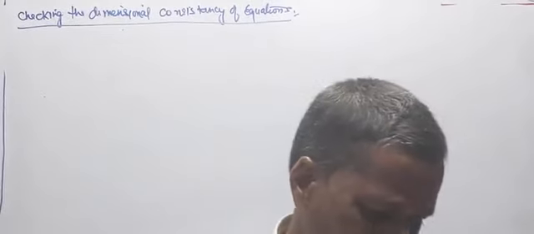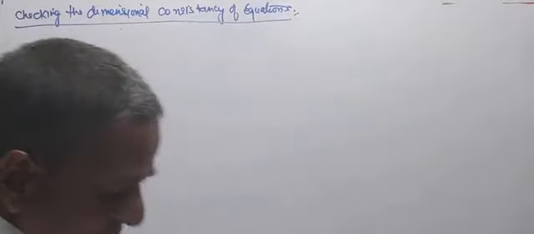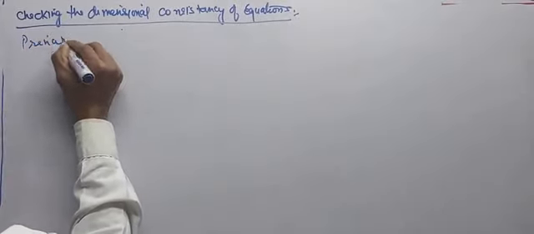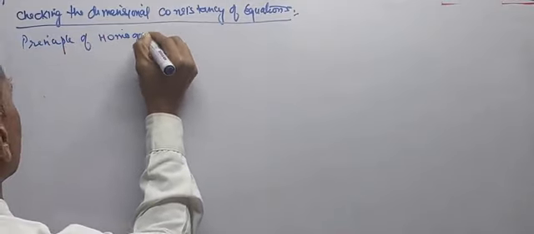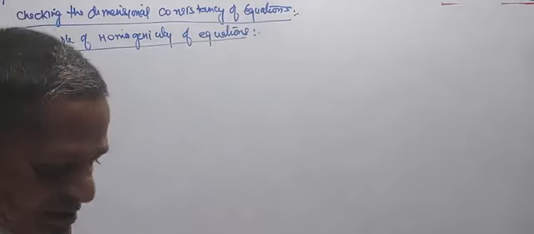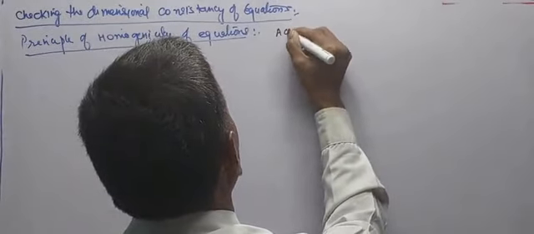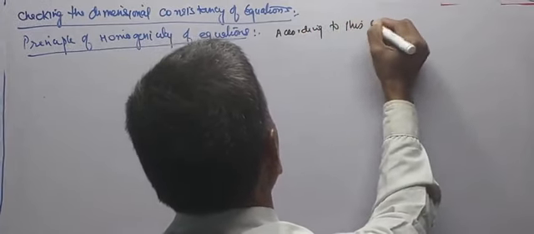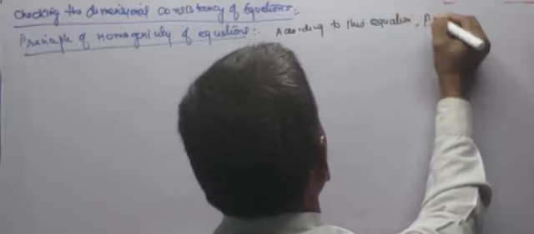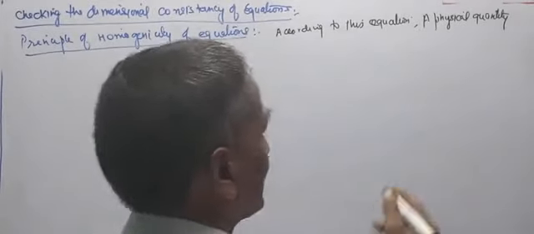State the principle of homogeneity of dimension and what is its basis. Our heading is principle of homogeneity of dimension. According to this principle, an equation will be dimensionally correct